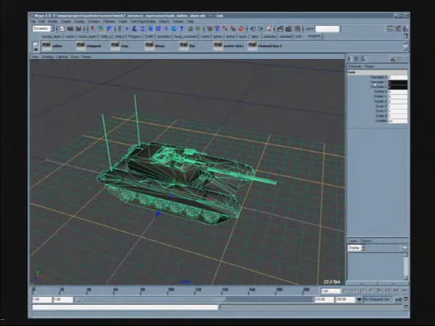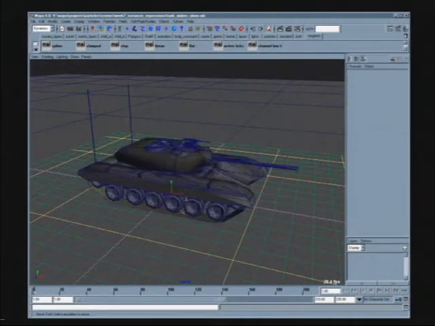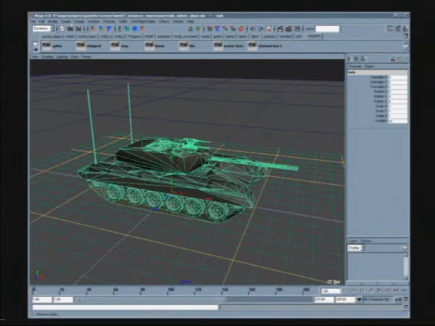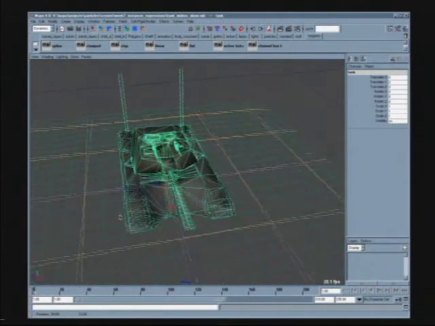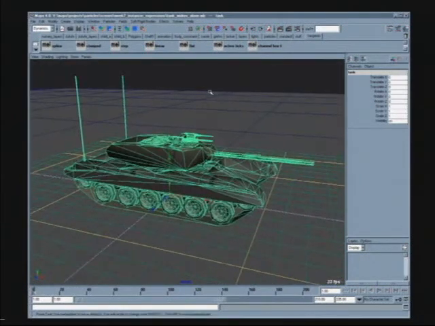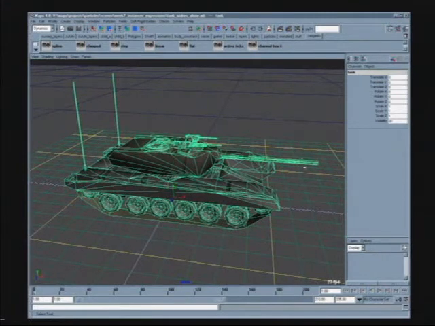So if your object, when it's at the origin, does not have everything at 0, 0, 0, you would simply select it and then go to Modify, Freeze Transformations, so that everything gets zeroed out. The next thing that you want to check is the rotations. Specifically, you want to make sure that the nose of the object, or the front of the object, is pointing